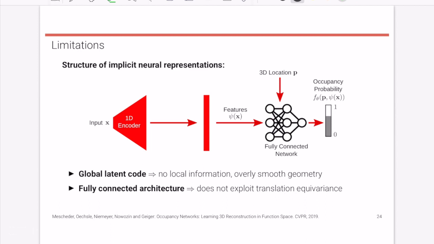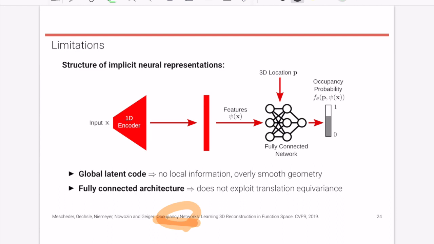Because the scene-level 3D representation is also a 3D representation, of course implicit representation can be used to represent the scene as well. Of course, occupancy network, for example, also can be used to represent the scene-level representation. But the limitation was